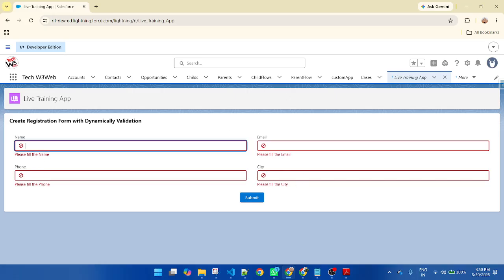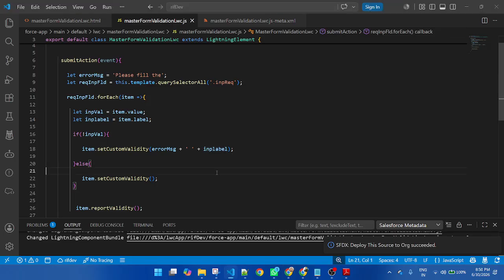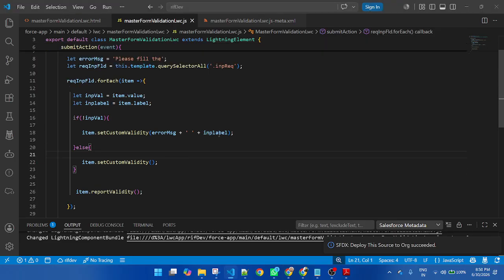Let's suppose I put Vijay and click. It displays enter a valid value, even though I am already putting the name. So now let me check. Let me blank it here. In custom validity, first I am checking the message. If I already put a value in the input field, then here I need to check for a blank.